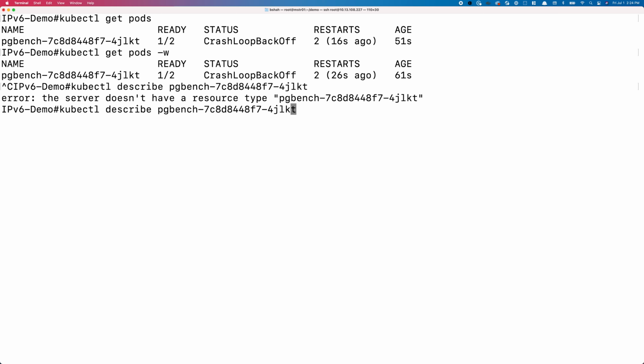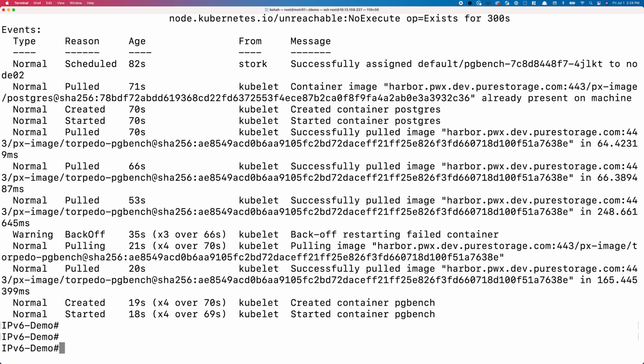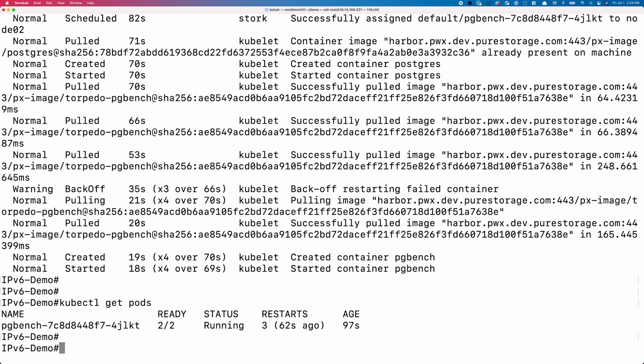I have to tell it what to describe. So kubectl describe pods and the name of the pod. So as you can see, it went through a couple of attempts to download the image. Looks like both the images are now successfully deployed and our containers should be starting. So hopefully that error goes away. Okay, perfect. So as you can see, our Postgres pod with the Postgres and pgbench containers is now up and running. It took a few seconds for it to completely realize and start communicating with the internal registry, but everything looks